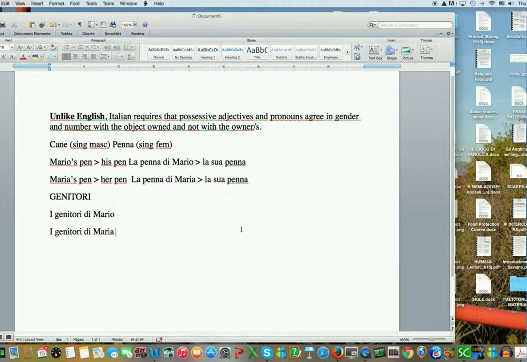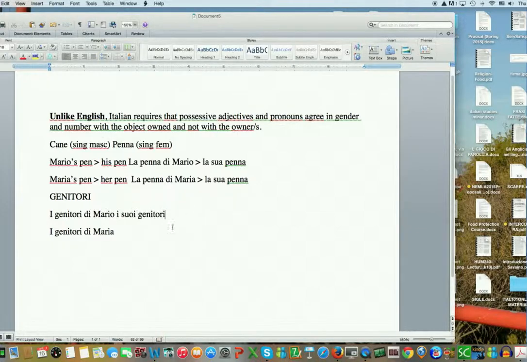So if you want to say "I genitori di Mario", it would be his parents. In Italian, you have to take into consideration the object, so the genitori. Genitori is plural and masculine, so you have to select the plural and masculine form, and so you will see "I suoi"